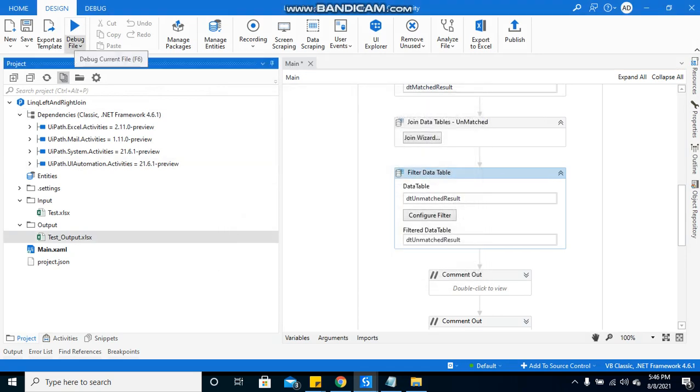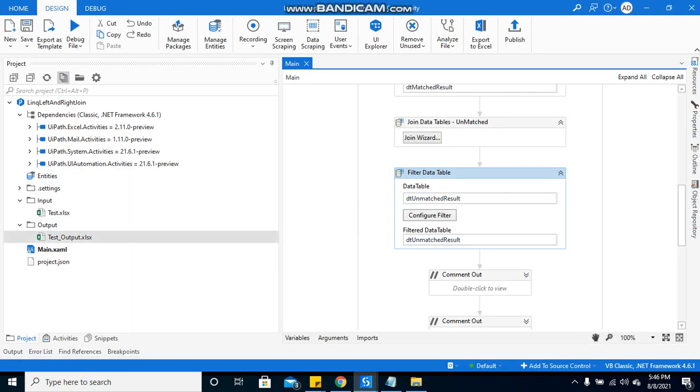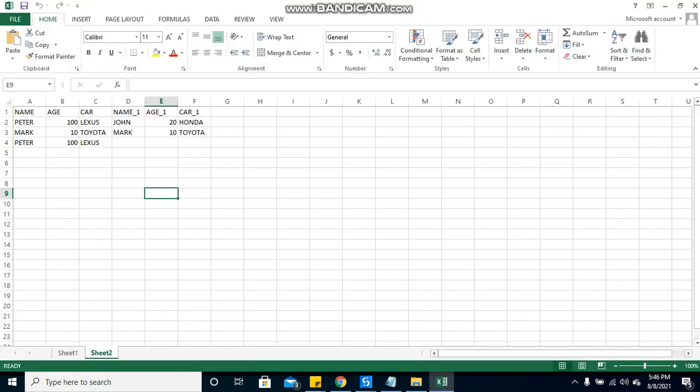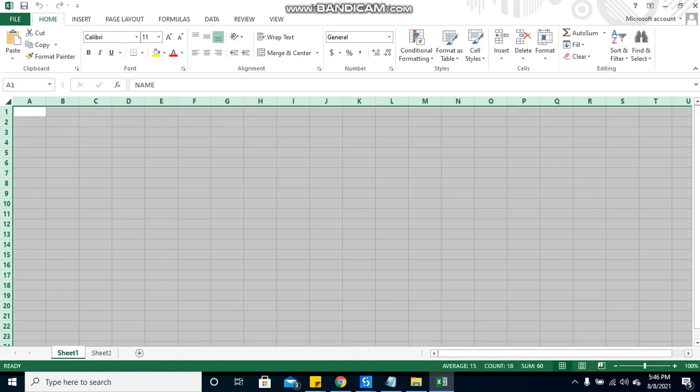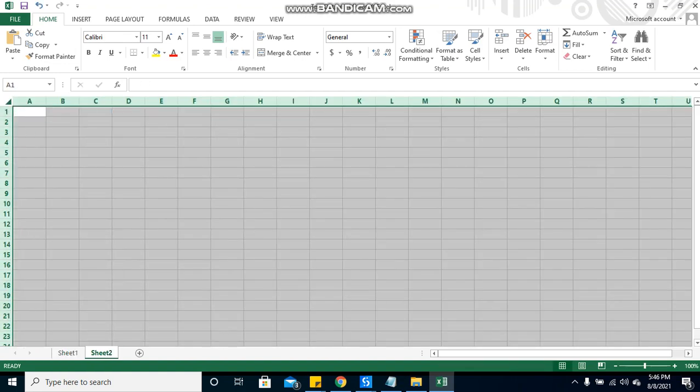Now if I run this particular sequence again and open the output, sorry, I have to remove this because these columns are already holding values.